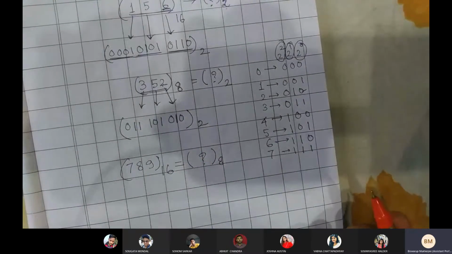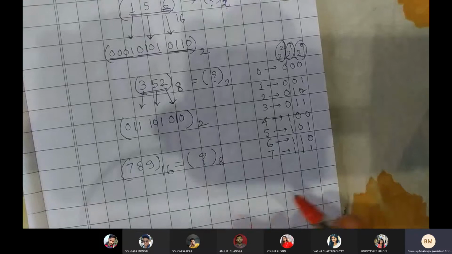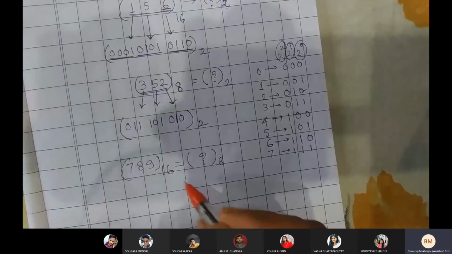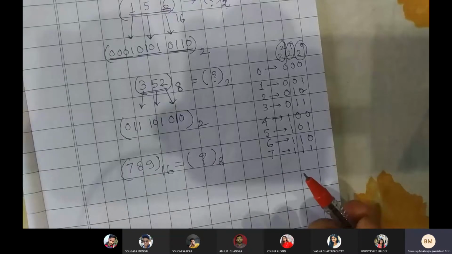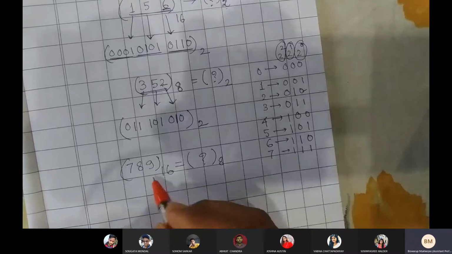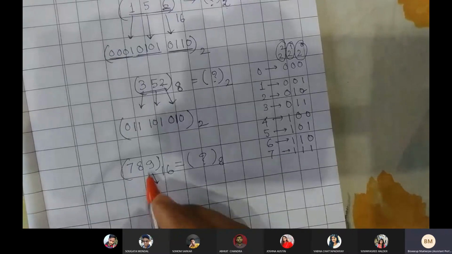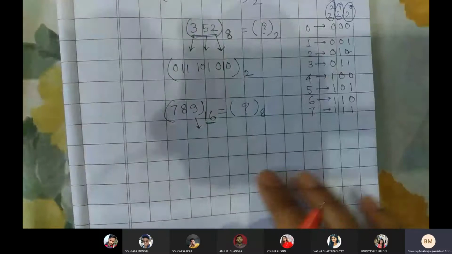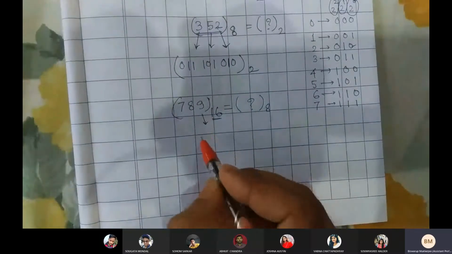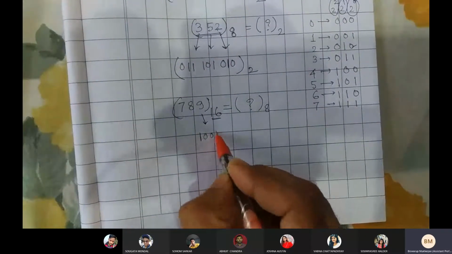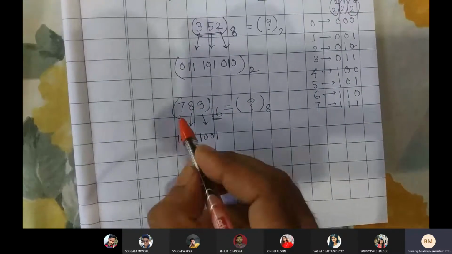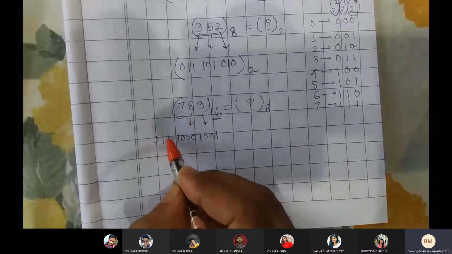So how can we write down directly instead of moving through decimal number? I can go for converting that one into binary, and correspondingly I can make that into octal also. First of all, 9. As it is in base 16, I have to convert that into a 4-bit binary system. So I'll be writing this down like this. 9 can be written as 1001. 8 can be written as 1000, and 7 can be written as 0111.